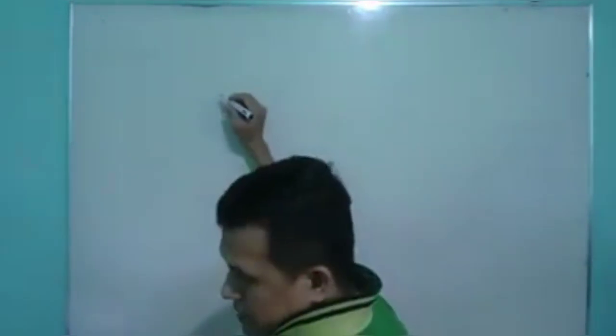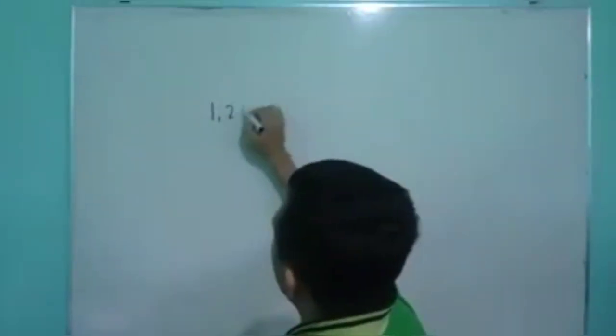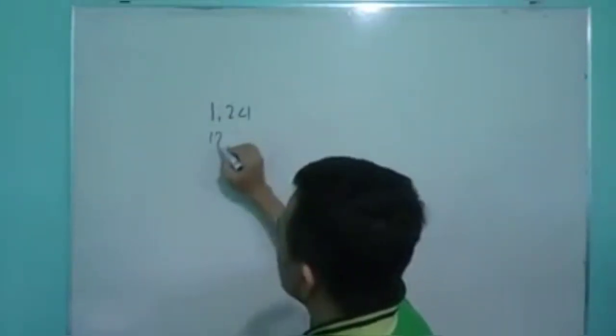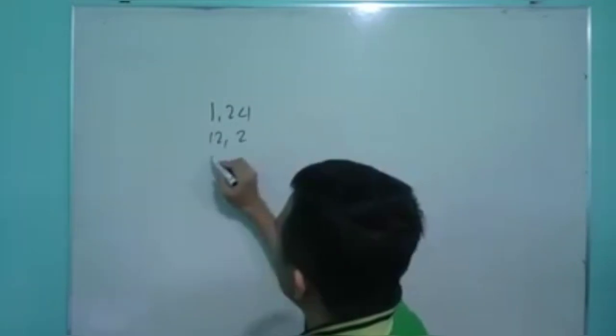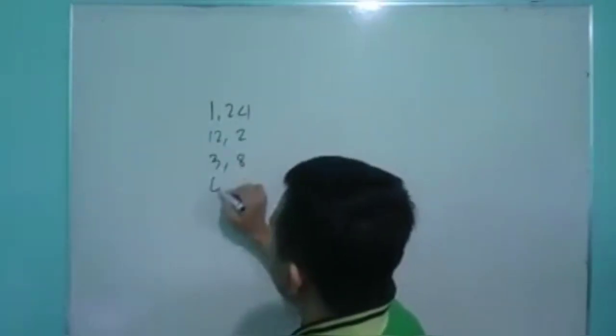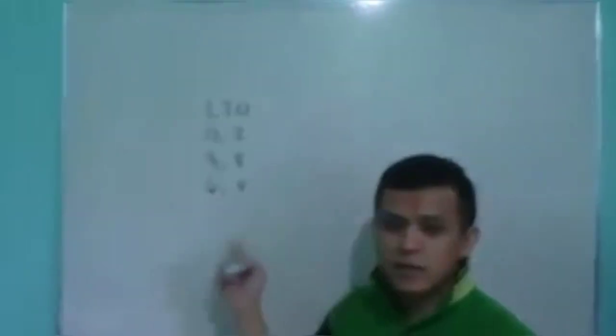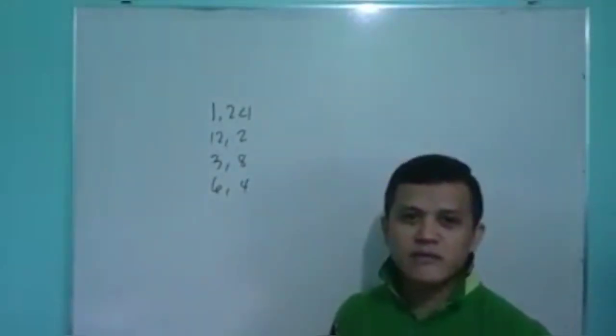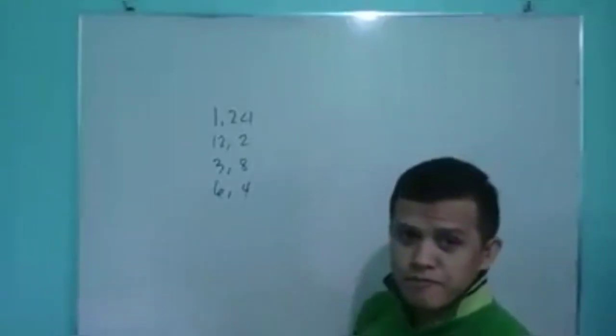What is the sum of all the factors of 24? So the factors of 24 are 1 and 24. And we also have 12 and 2. And then we also have 3 and 8, and we also have 6 and 4, right? These are the factors of 24. So as you can see there,